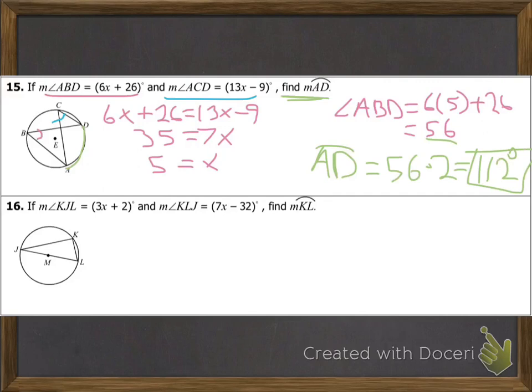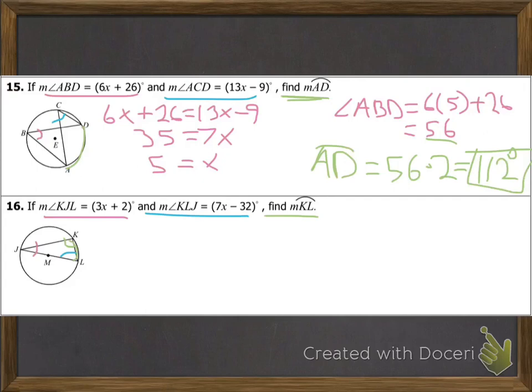Okay? So now let's look at number 16. So this time we have the intercepting diameter, so an inscribed triangle. So we have KJL, which is this angle over here, and then KLJ, which would be this angle over here. And we need to use that to find the measure of arc KL. So KL is going to be this tiny little piece over here, that tiny little arc. Okay? So remember,